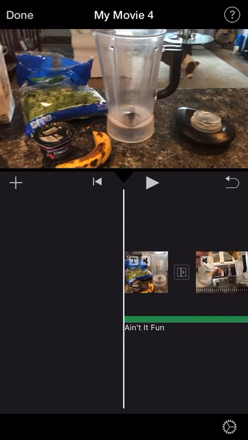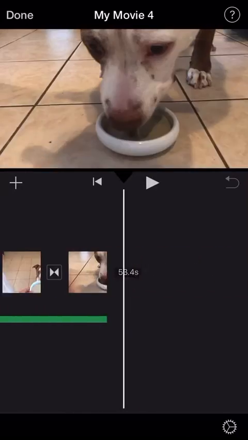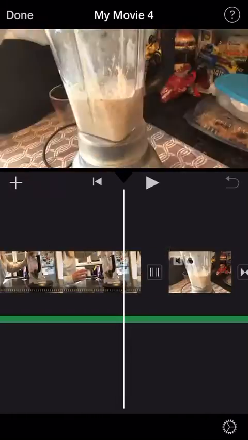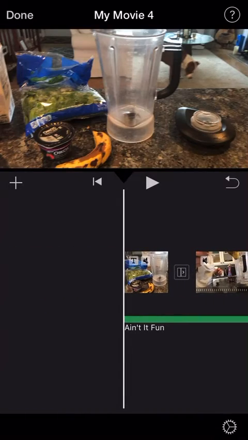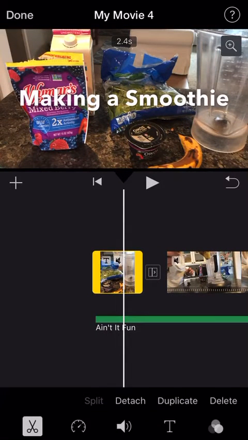Oh yeah, and this undo in the upper right-hand corner, you're going to want to know that button in case you did what I just did and want to undo it. All right, well, it's fading a little bit. I don't know why. But anyway, that's pretty much how you make the video. I've shown you most of the features. There are still many more things that you can do, but these are the basic features that you're going to need to know about. When you're done, you can click Done